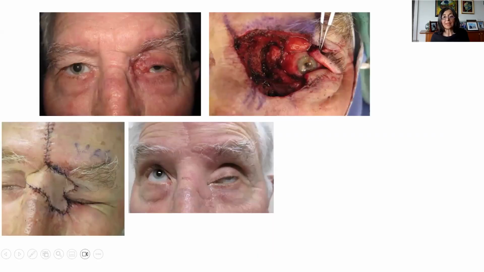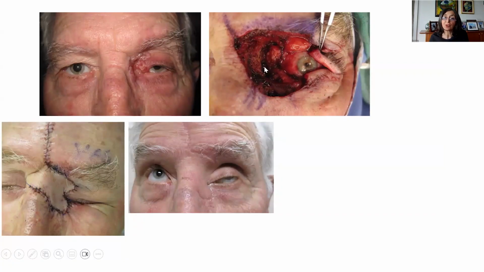And then we can have more complex lesions, more complex defects. This is a basal cell cancer. You can see that it involves the upper eyelid, the lower eyelid, and the medial canthus. So the defect might look like this after we achieve negative margins. But in this case, you have to pay attention to all the areas that have tissue missing. There's both the lower eyelid, the upper eyelid, as well as the medial canthus. So he's been treated with a partial Hughes flap, harvested from the remaining upper eyelid. And then the upper eyelid is